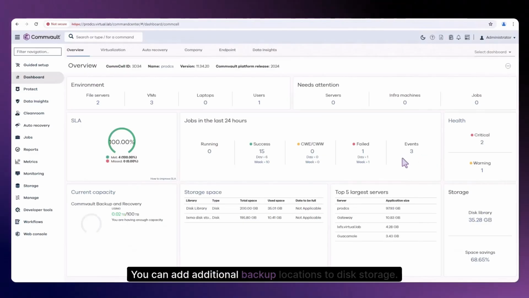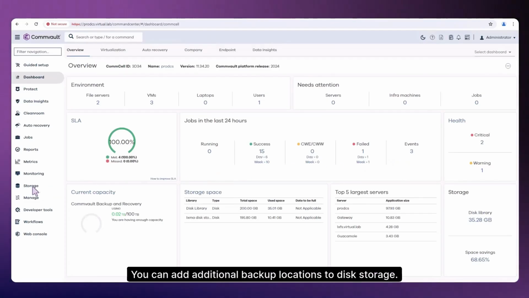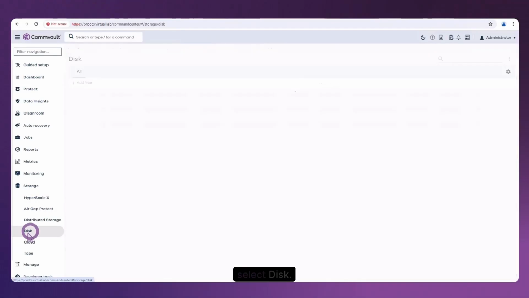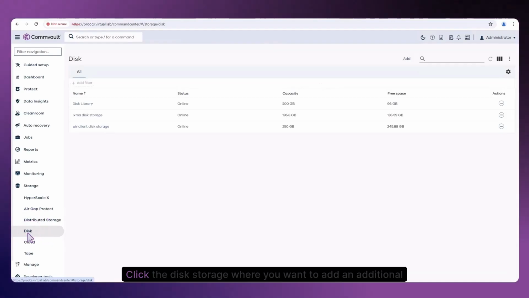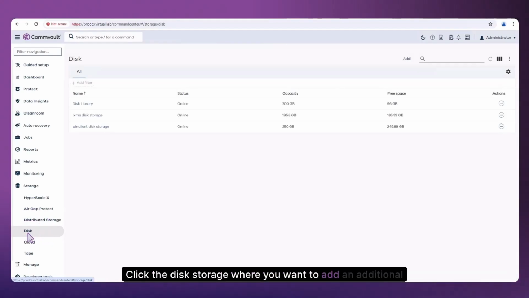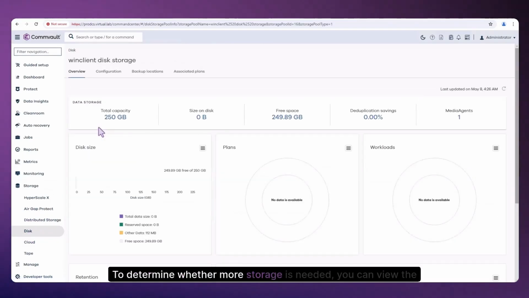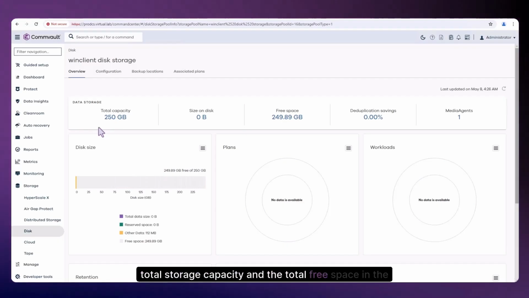You can add additional backup locations to disk storage. From the Command Center navigation pane, expand Storage and select Disk. Click the disk storage where you want to add an additional backup location. To determine whether more storage is needed, you can view the total storage capacity and the total free space in